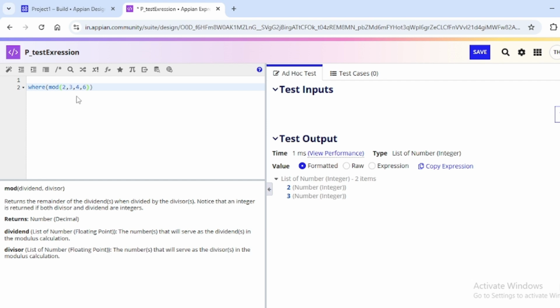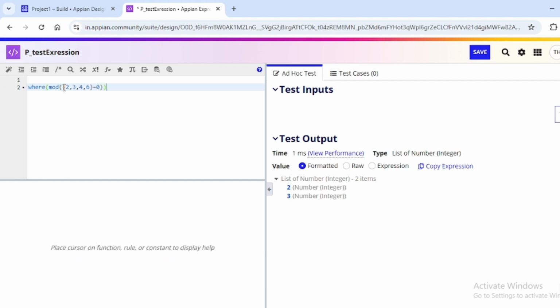The modulus function will have two parameters, and equal to 0. What it does is find those places where